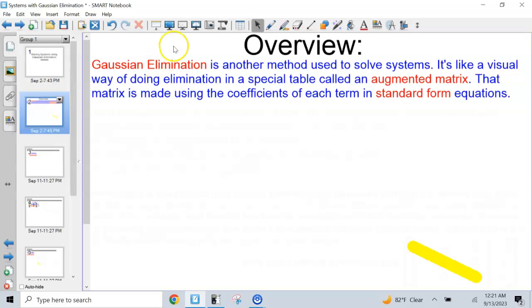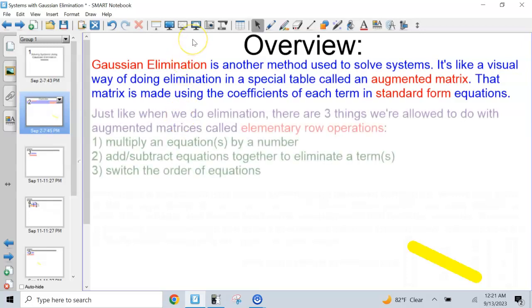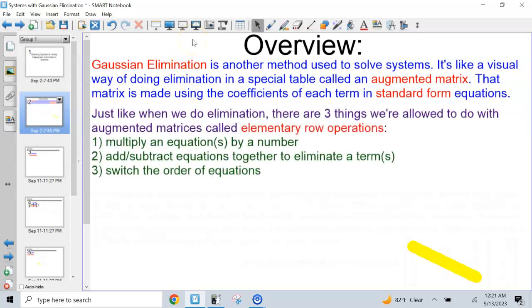So Gaussian elimination is another method used to solve systems. It's like a visual way of doing elimination in a special table called an augmented matrix. That matrix is made using coefficients of standard form equations. Just like when you do elimination, there are three things we're allowed to do with augmented matrices called elementary row